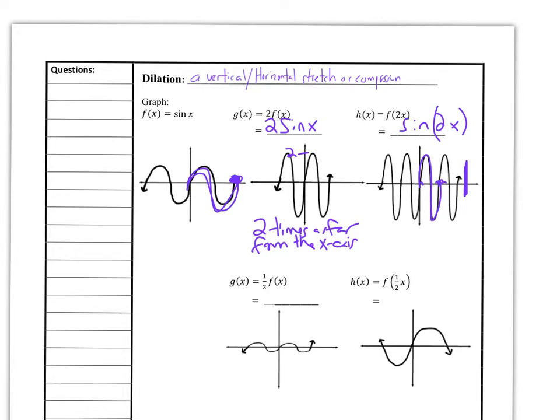What we just did is it's half as far from the y-axis. If we take a look at this point right here, it's half as far as it used to be. The whole curve used to go all the way to here, but now one whole curve is to here. So by putting that 2 inside parentheses, it's not 2 times farther, which we might expect, since this was 2 times farther. It's exactly half. So from the y-axis, half as far